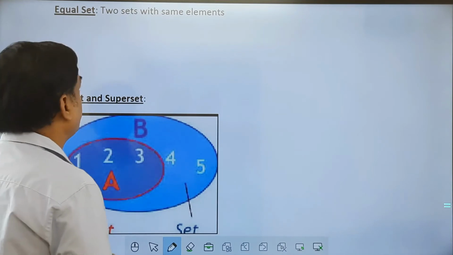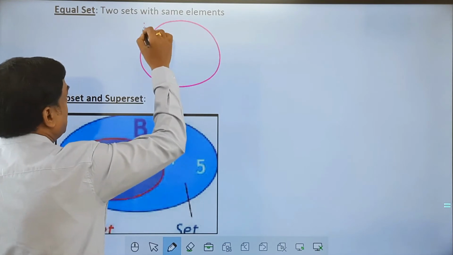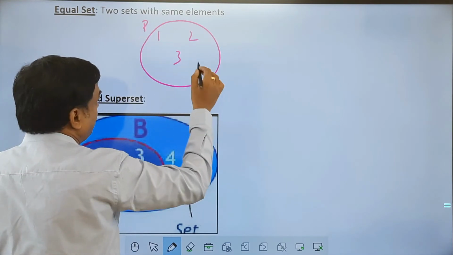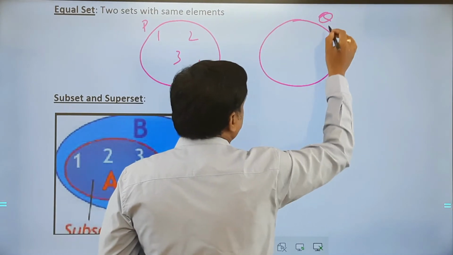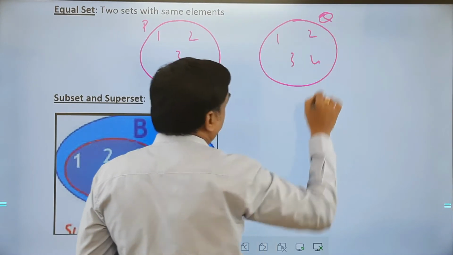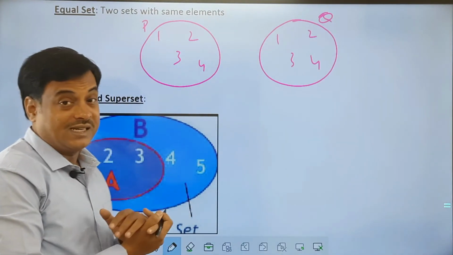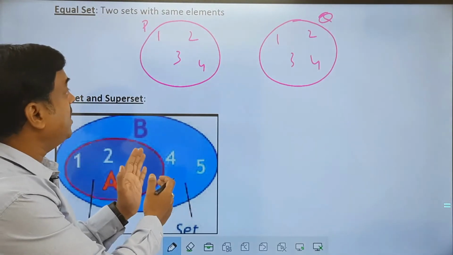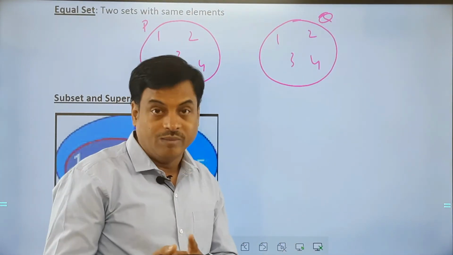Here we have certain definitions that we'll try to understand. The first one is equal sets. What are equal sets? Suppose we have a set P with 1, 2, 3, 4, and another set Q, which again has 1, 2, 3 and 4. These two sets we can call equal sets. The number of elements is the same, and the elements must also be the same.